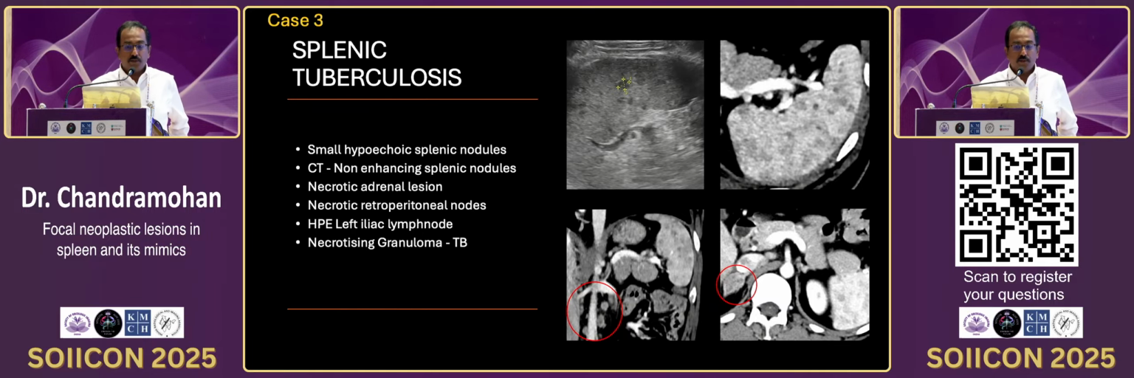And this turned out to be tuberculosis because the patient had multiple necrotic small lymph nodes in the retroperitoneum, and a biopsy from the left iliac node showed tuberculoma. The patient also had a necrotic lesion in the right adrenal gland. So when diagnosing lymphoma or TB, the splenic lesion will not give us any clue. The lesions that lie outside the spleen guide us to the diagnosis of either